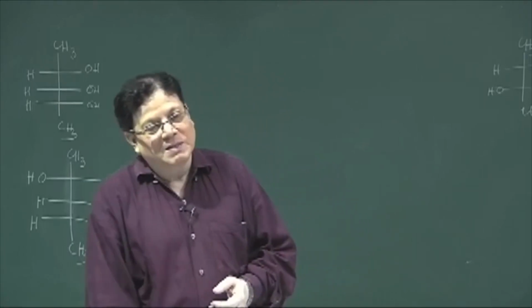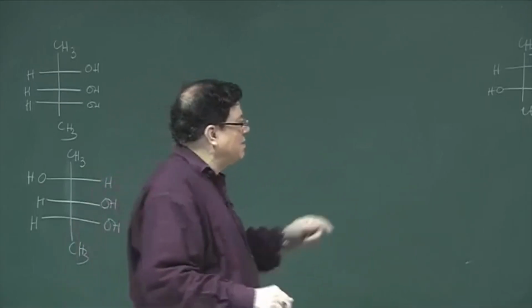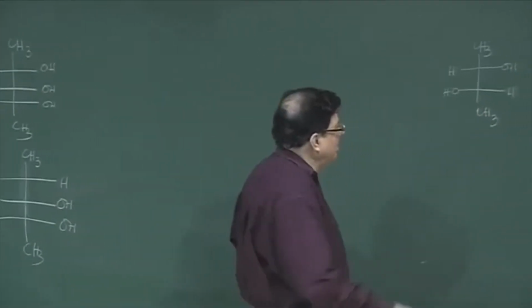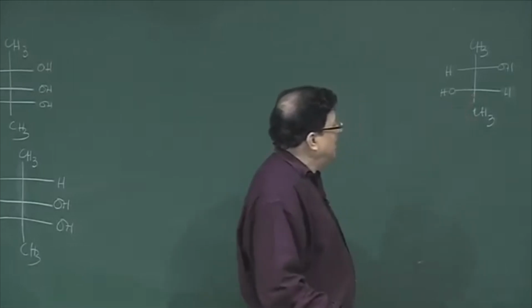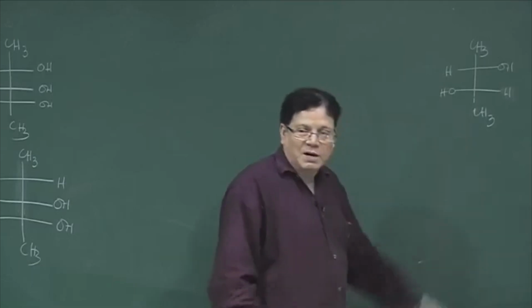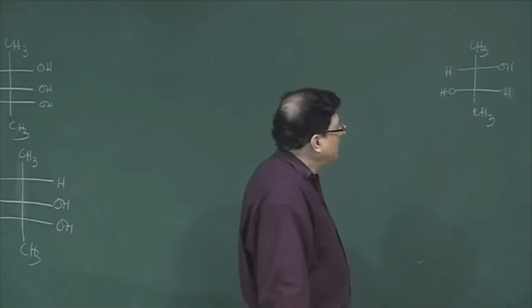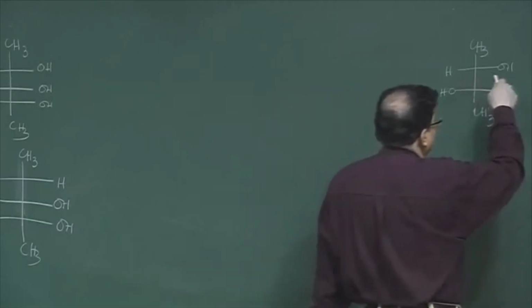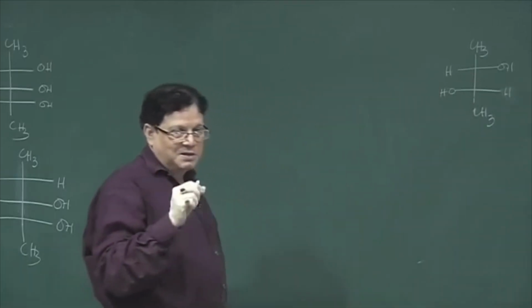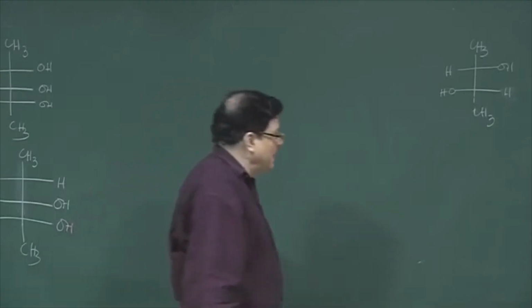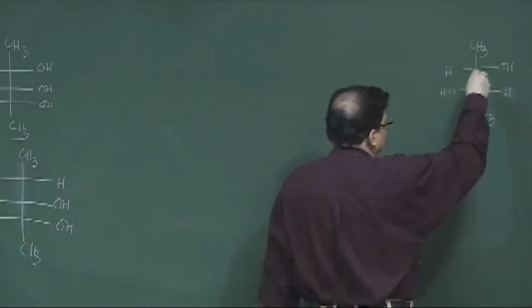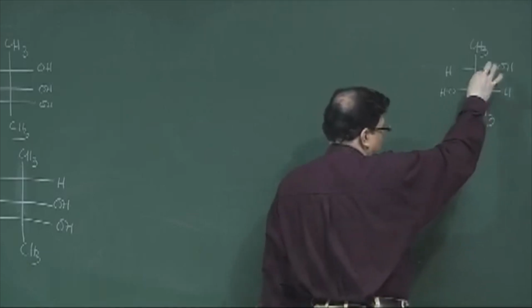So, what is the simplest example? The simplest example is the tartaric acid molecule. If you look at the Fischer projection of an optically active form of tartaric acid, this does not have any i axis, it does not have any S axis, it does not have any sigma. So, it is optically active, but it has a C2 axis,